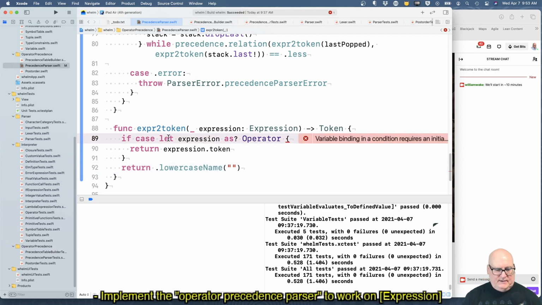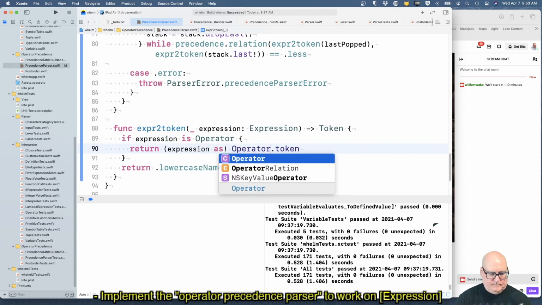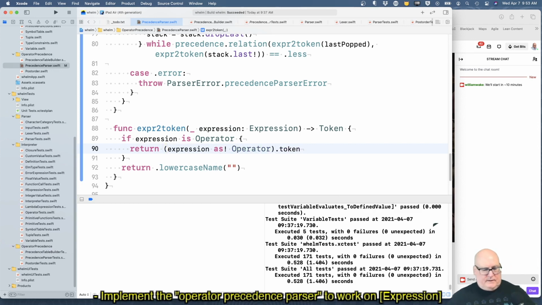How about, well, what is the other way? If expression is operator, return, try that.